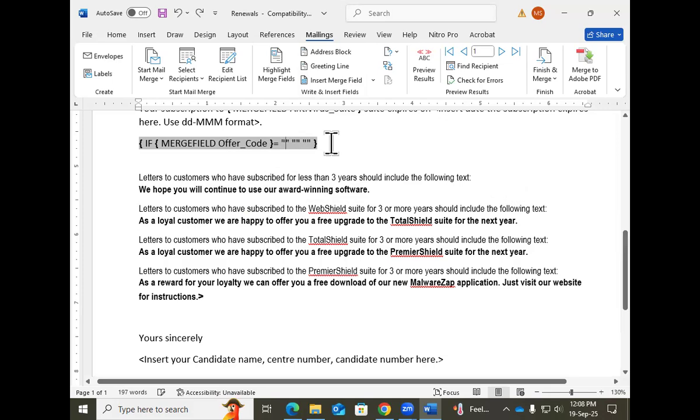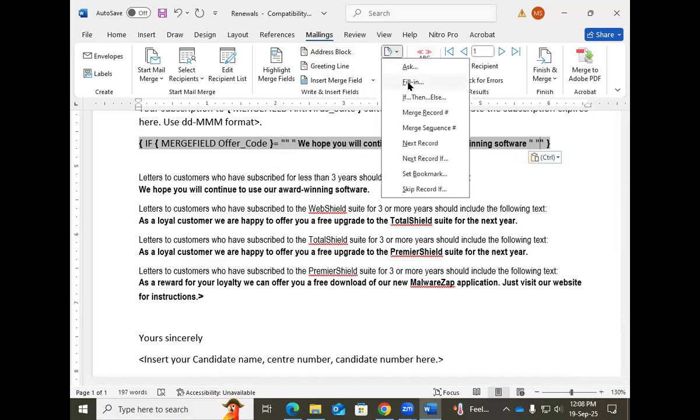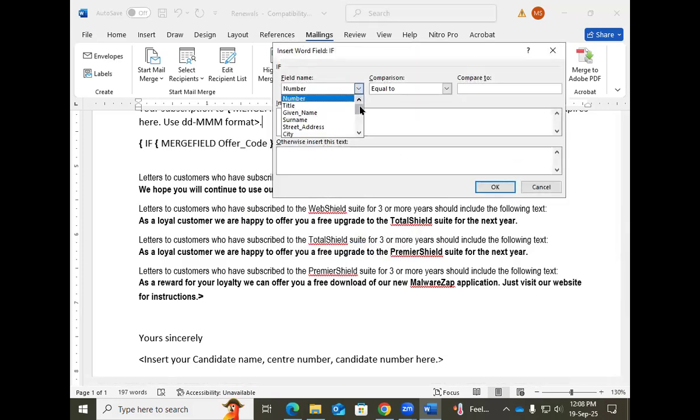Okay, sorry, it's empty. मैं गलत कर रहा हूँ. It's over here. Oh, what's wrong with me? Right? Otherwise, if offer code is equal to W3, then do what? Then include